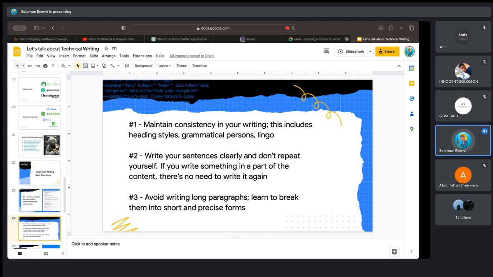Let's say you're writing a particular article and you are using a particular heading style, let's say sentence case heading. When the user opens that article, they already see that you are using sentence case heading. So it is very good if you just use sentence case heading throughout that entire article, rather than having 5 different heading styles in one article. The reader of that article can become very confused.